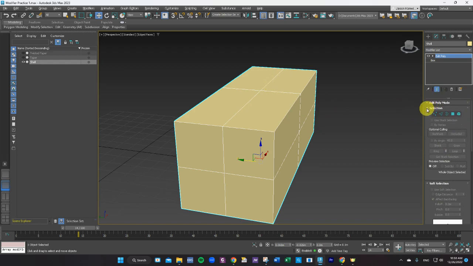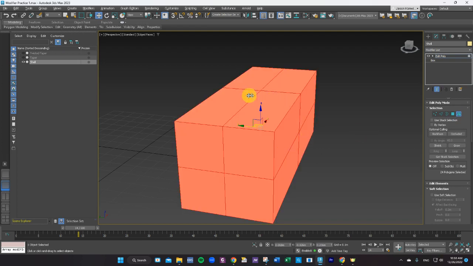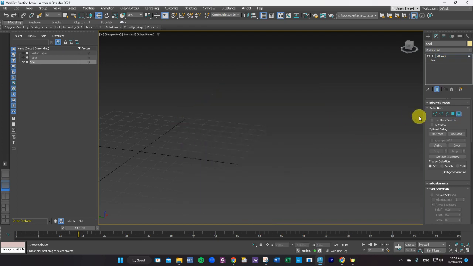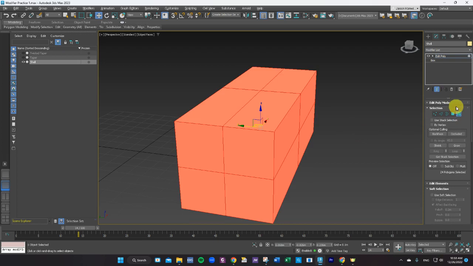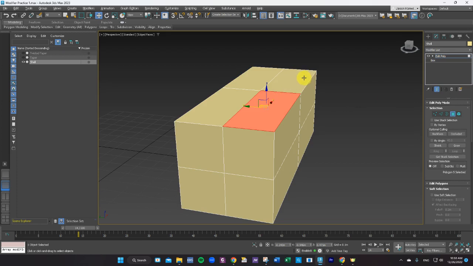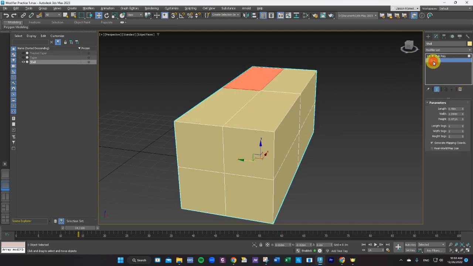So here under selection, I can do the whole shape. If I click on the element, the whole thing highlights, and I hit delete and the whole thing deletes. I don't want to do that. I click on just the polygon at the top, and I can click on one here. If I go to click on the next one, it only does one at a time. I can hold Control down and I can multi-select, or I can go back to my box here